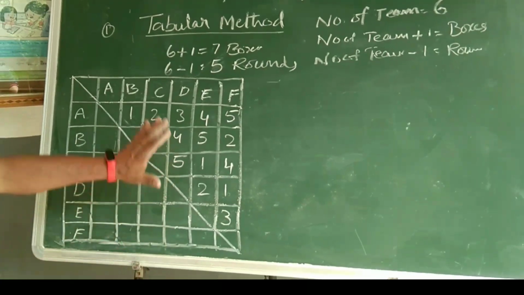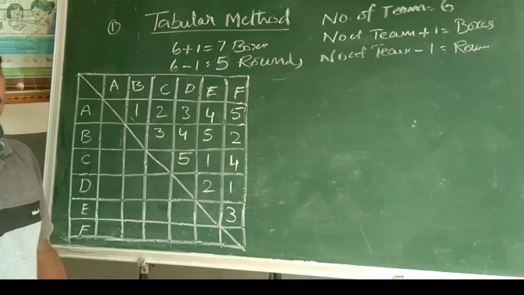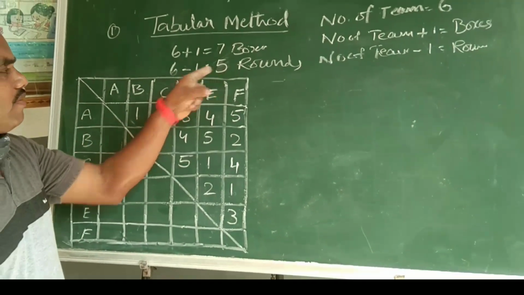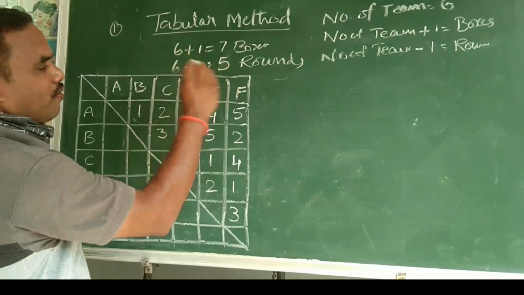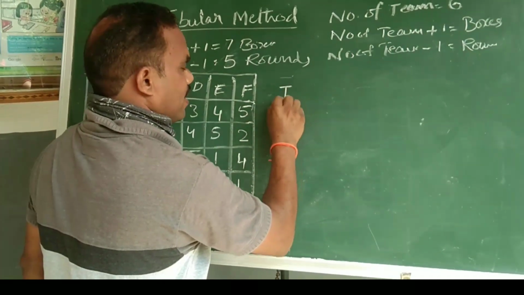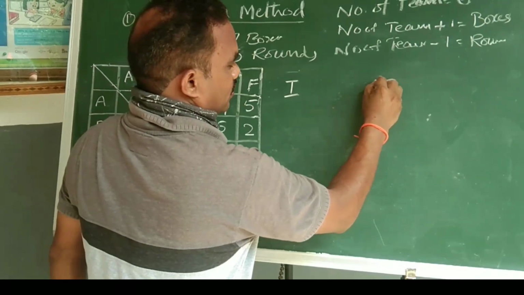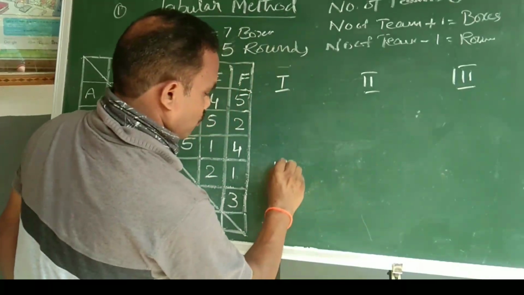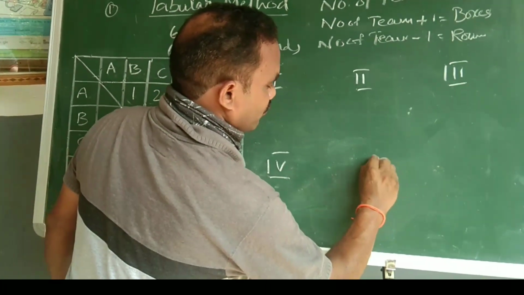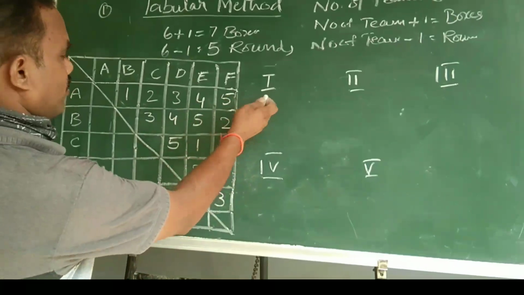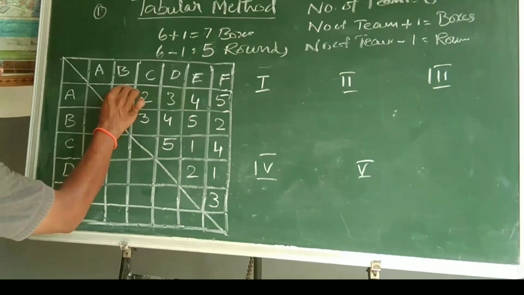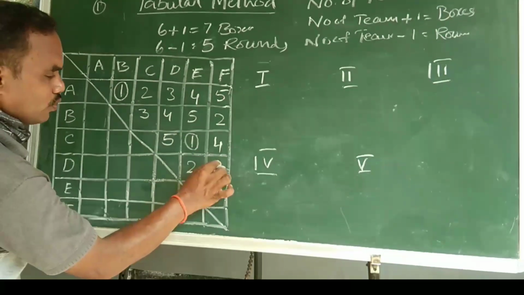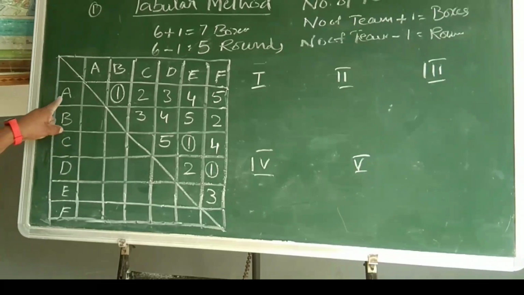Okay. So now let's see the number of rounds. It's number of teams minus 1 equal to 5. Number of teams 6 minus 1 equal to 5 rounds. So the 5 rounds, let us go for have the matches. First round, second round, third round, fourth round, and fifth round. So number of first round, what are the number of matches? Let's say first you have to make a cycle. You get it. 1, 2, 3. First round, what are the matches? You can see